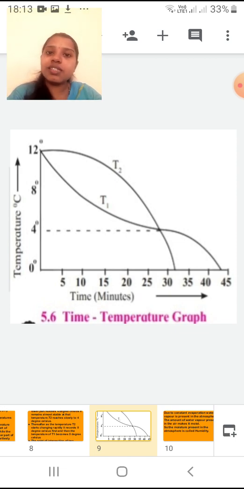Okay, this phenomenon is also important because it is applicable in our nature. How is it applicable in our nature? In the areas where there is snowfall, the fishes and plants remain alive under the water because the ice cover is there. Above and below, all the fishes and animals are staying there.